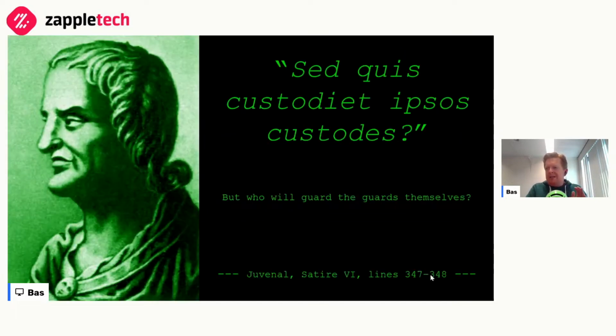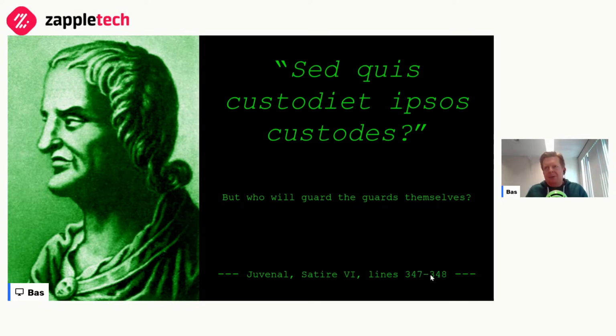And one of the questions that is on my mind, and not just on mine, but on the minds of lots of other people as well, is: what about the quality of those tests? So we talk a lot about all the automation that we do, about coverage, about how much of our regression set we have automated. But I don't think we talk enough about the quality of our automation. Are we really testing the things that we think we're testing? Are we really verifying the things that we think we're verifying with our automation?